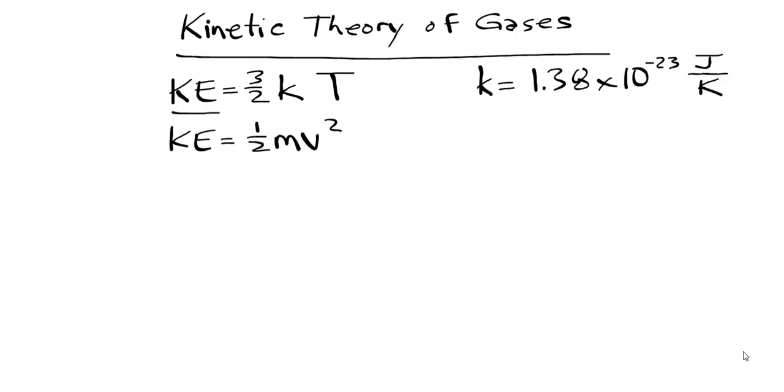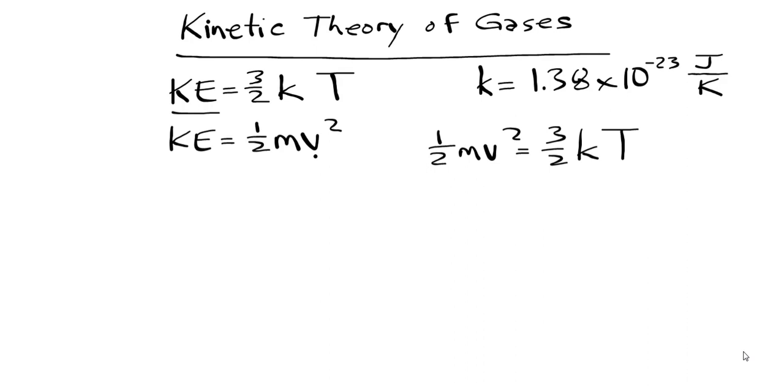So if you knew the mass of that molecule and you knew its temperature, you could solve for its speed. Or vice versa, if you knew its speed and its mass, you could solve for its temperature. If you knew the temperature and the speed, you could solve for its mass. So putting those two things together and creating a hybrid, 1/2 mv squared equals 3/2 kT, can be very